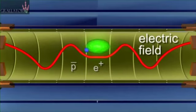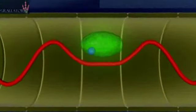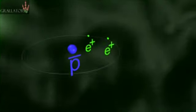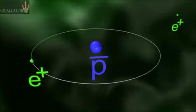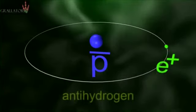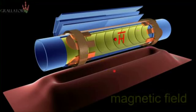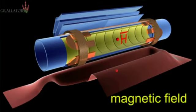We now bring the positrons and antiprotons into contact. A positron is bound to an antiproton through a collision with a second positron. This forms antihydrogen. Here you see the magnetic minimum, shown as a bathtub. The antihydrogen is trapped like a marble rolling around in the